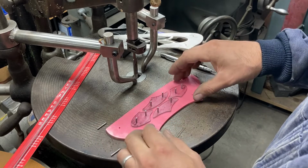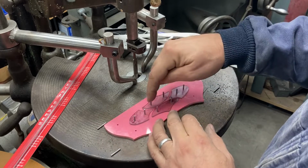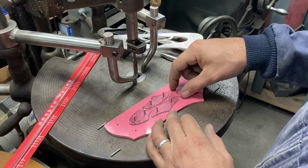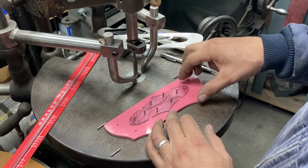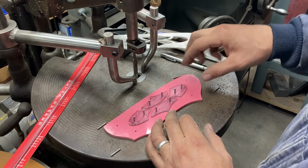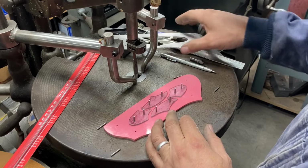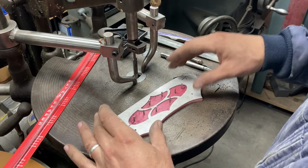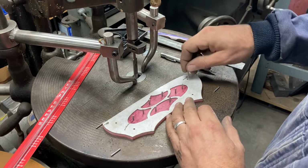I have run into interference when one of these is a monolithic pattern, for instance, if they were glued down to the base plate, you could have some issues there. But with everything pinnable, removable, you can customize the layout as you're cutting if you need to. So we'll set this back on there. I got to make the rest of the knife,